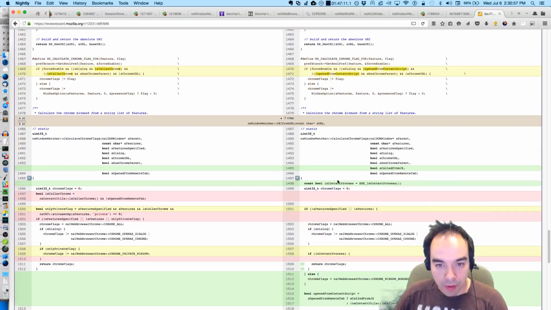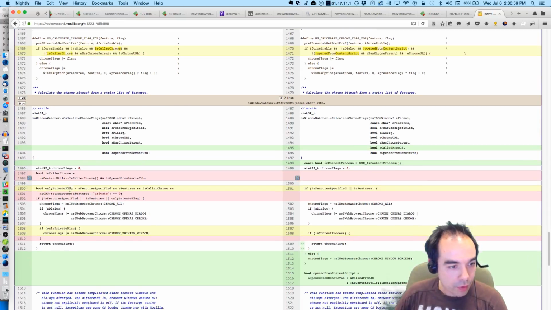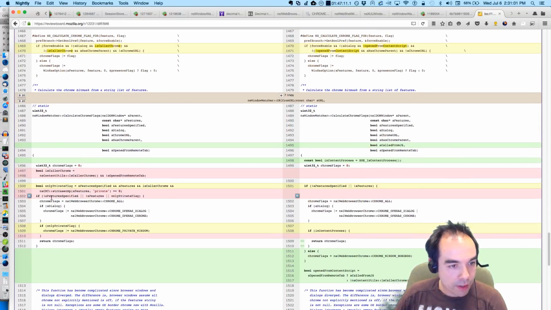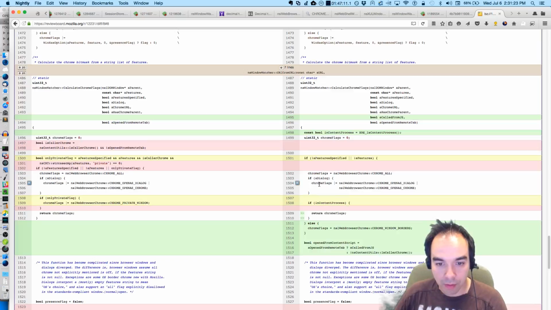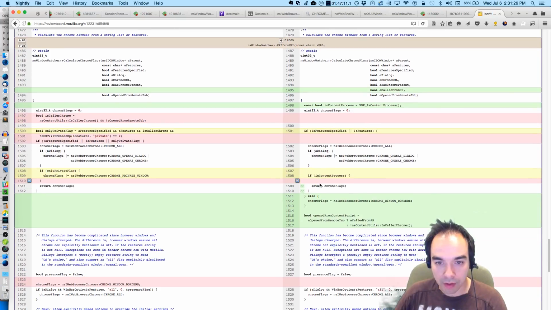But before, what we were doing is if there were no features, if we were a dialogue, we would do these things and we would return early. Now, in this patch I made it so that if there were no features and we were a dialogue, we would keep going.